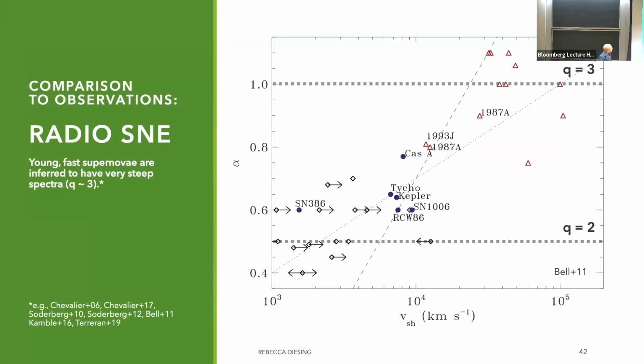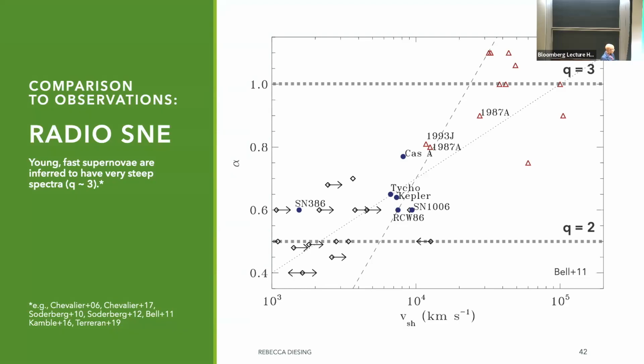All right. So the bigger test that I wanted to have was not necessarily can we just explain the range of 2.2 to 2.6 Q that you get with galactic supernova remnants, but what about these extragalactic radio supernovae? So what I'm showing you on this plot is alpha, which is the slope of the synchrotron spectrum, but it can be directly mapped onto the slope of a particle spectrum. So Q = 2 corresponds to alpha of 0.5, and alpha of 1 gives you a Q of 3.